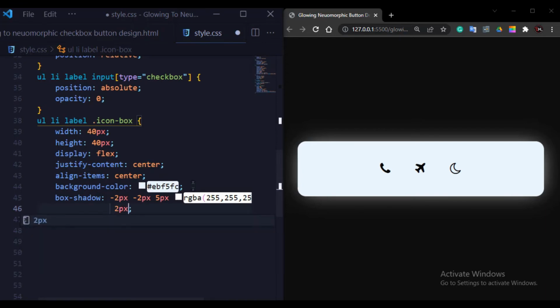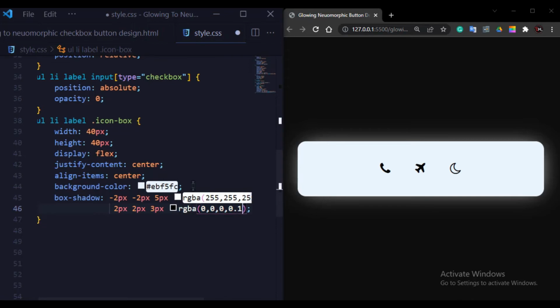So I will write 2 pixel, 2 pixel, 3 pixel, RGBA 0, 0, 0, and opacity 0.1.